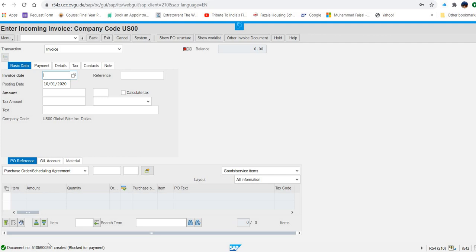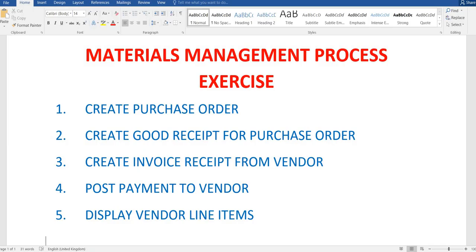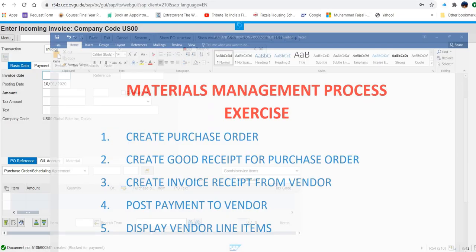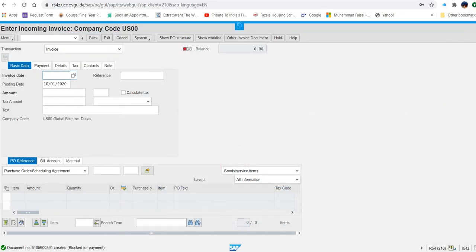So this is our third document related to inventory, the third step that we have done. I just forgot the title. Create invoice. Okay. So I'm going to note down this number, 5105600361.